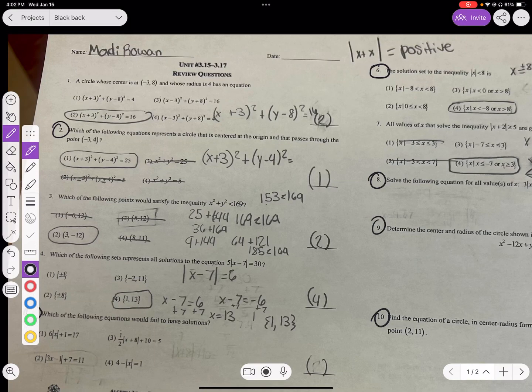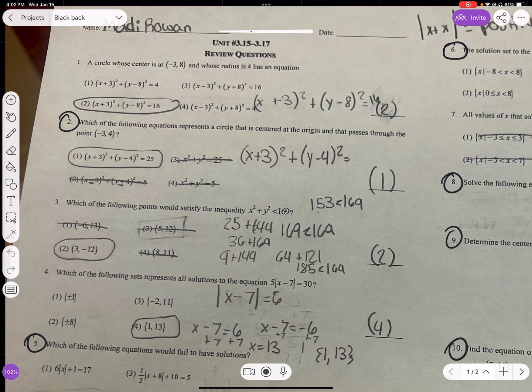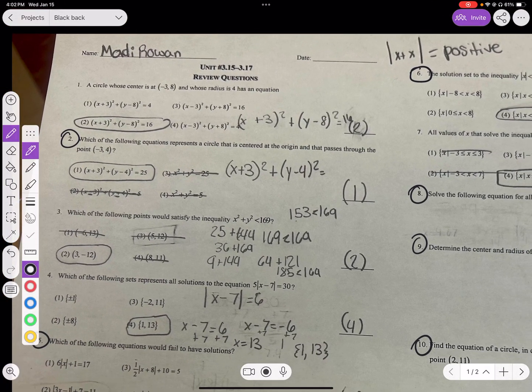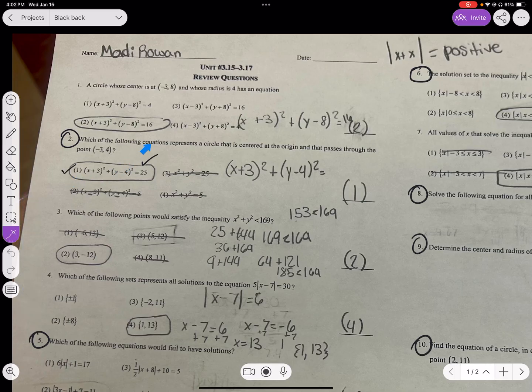All right, Maddie, you've got some tough little problems here. So I ran through and just looked at the ones you hadn't filled out yet, and did check the ones you had completed. Your number one looked great, and your number two, I love the 25 on the right-hand side, but I know it's not going to be answer one here,